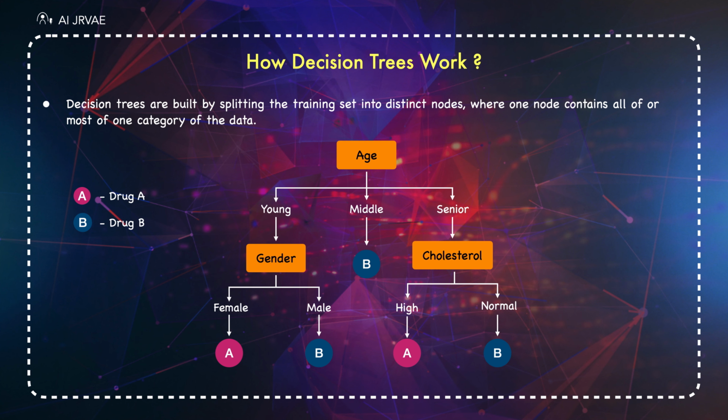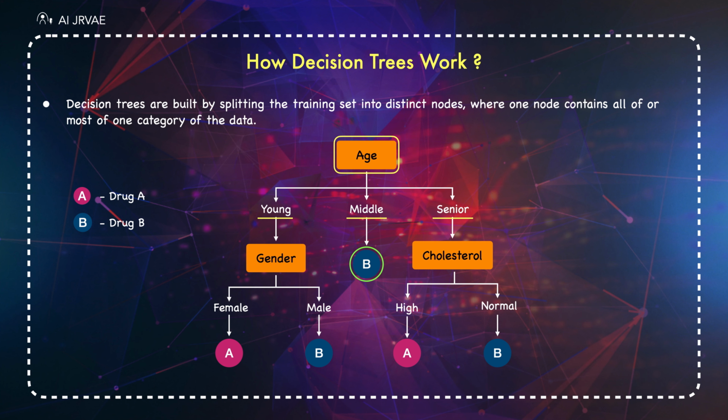If we look at the diagram here, we can see that it's a patient classifier. As I mentioned, we want to prescribe a drug to a new patient, but the decision to choose drug A or B will be influenced by the patient's situation. We start with age, which can be young, middle-aged, or senior. If the patient is middle-aged, then we will definitely go for drug B. On the other hand, if he is a young or a senior patient, we'll need more details to help us determine which drug to prescribe.